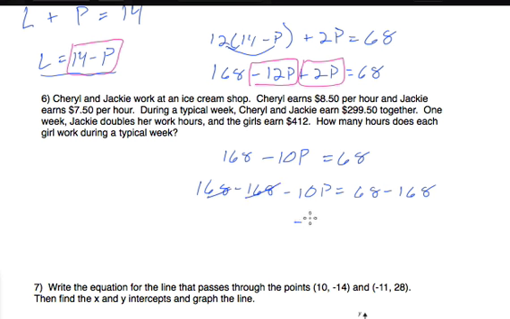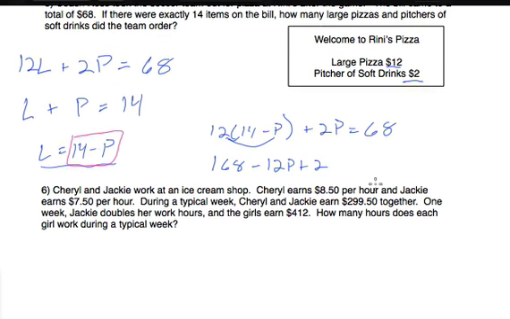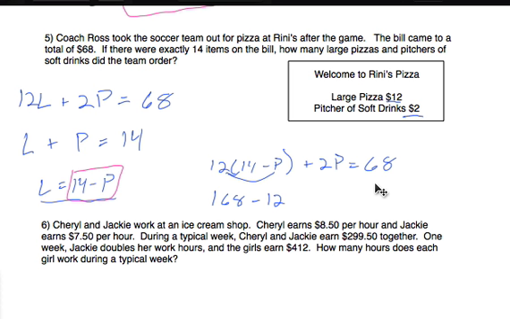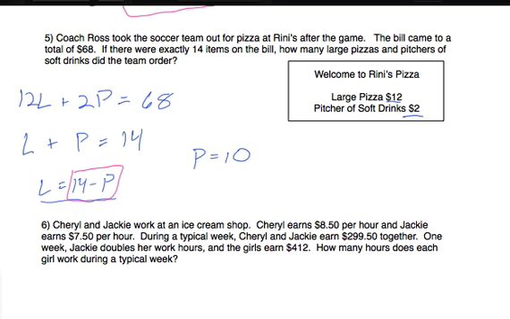Those two cancel, and I get negative 10P equals 100, which means P equals, I'm sorry, that's negative 100. P equals 10. Lovely. So I'm going to erase all of this, and I'm going to find out if the team ordered 10 pitchers of soft drinks, how many pizzas did they order? And that's not hard. All right, if P equals 10, and we're pretty sure that that's true, then